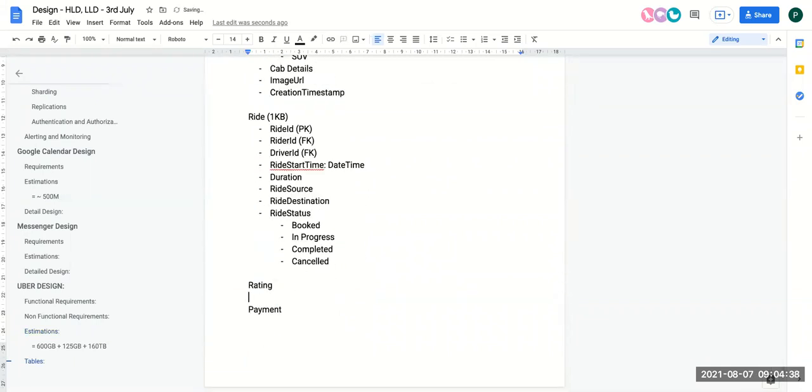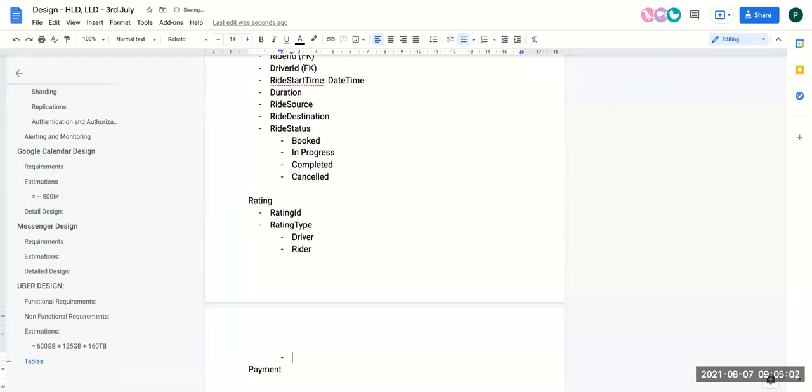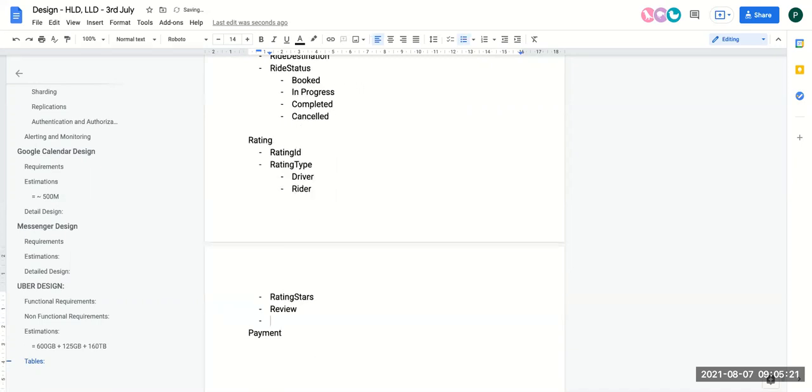We'll have a rating ID, rating type, whether it's for the driver or for the rider, rating stars, and if there are any reviews, so we'll have review. And I think that's it.